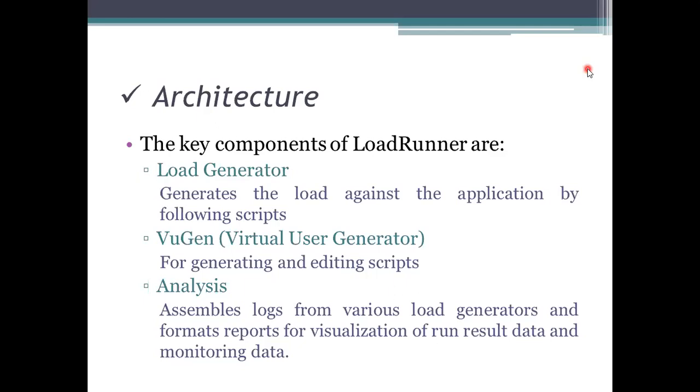So the first one is generating the load against the application, and the second one is generating the scripts for each and every user. Virtual users will have the scripts here. At the end, when the work is done by each person, some may quit at the same time, some may not.